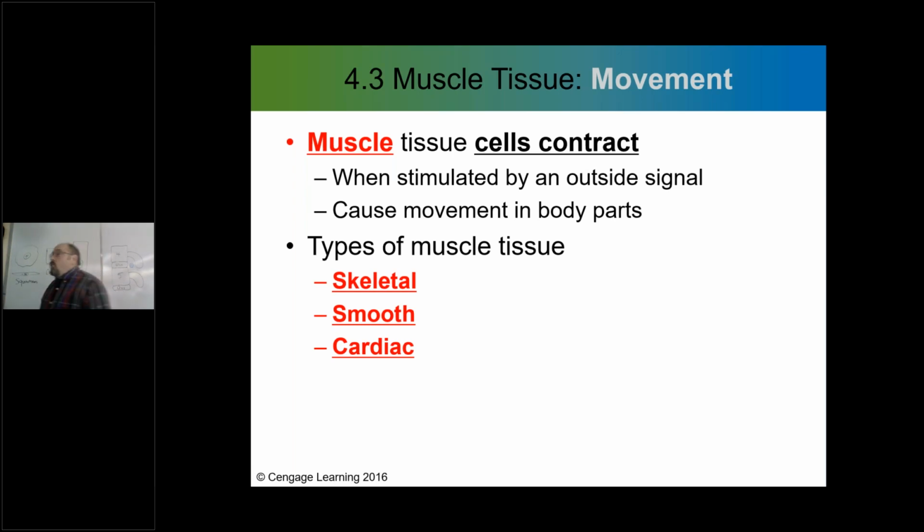But smooth muscle, where do you think you find smooth muscle? What do you think? Where do you think you might find smooth muscle? Because there's other areas of the body where you're not thinking about contracting muscle, and yet that happens. How about in your digestive system, right? In your digestive system, your body is moving material from one area to another. And so smooth muscle needs to be present within the digestive system to move that material. Anywhere in the body that you're not actually consciously thinking about contracting muscle, but muscle is present other than the heart, it's going to be smooth muscle.